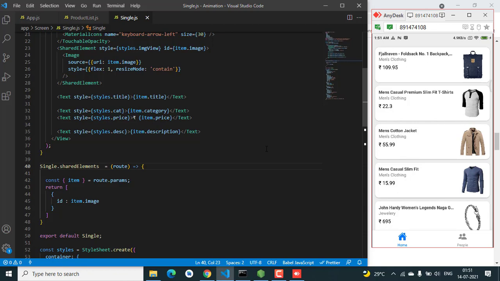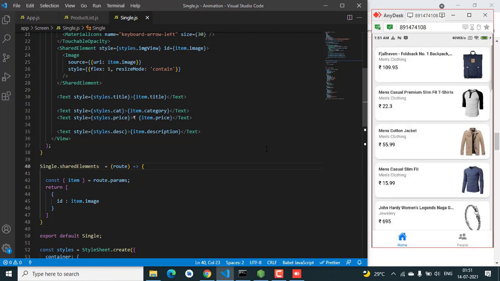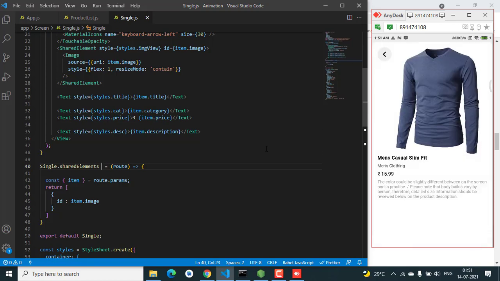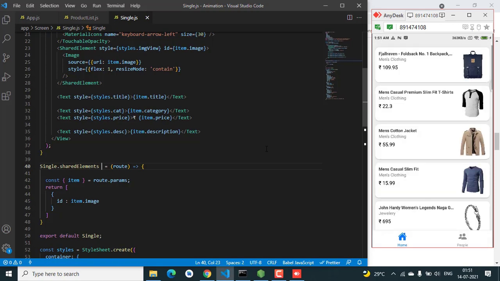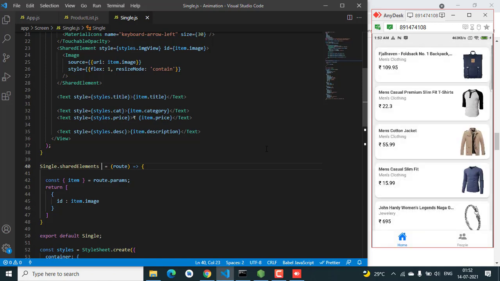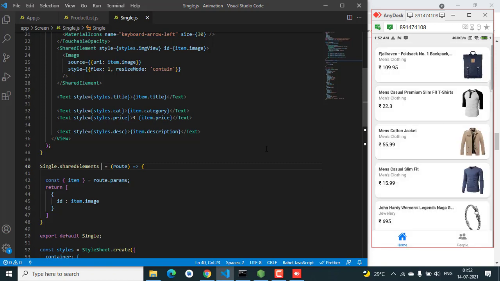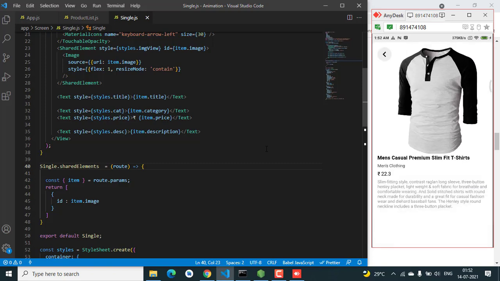If we click on the image, we can see it's animating from there. It might be showing some lag because it's running through Anydex. We can also see the image is flickering, because it's not a smooth transition.